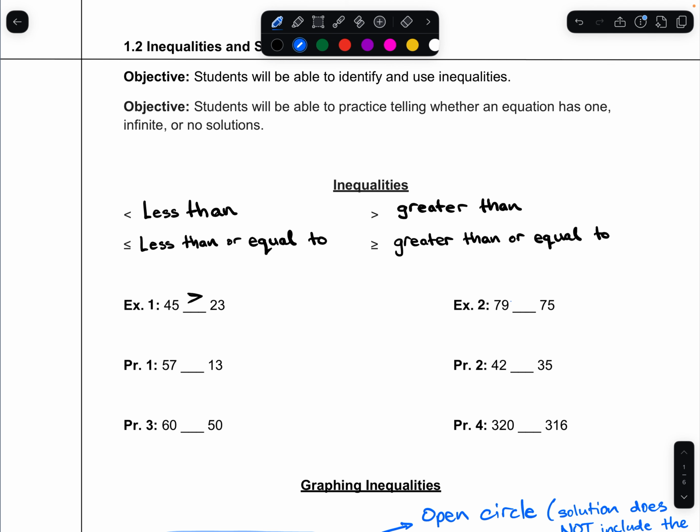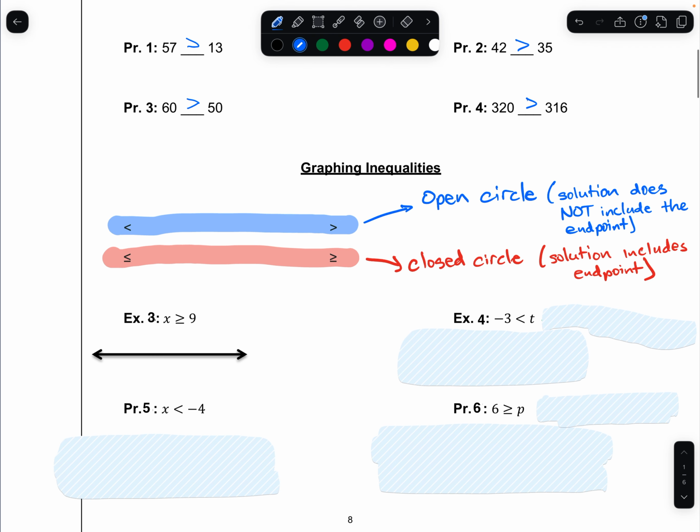All right. 79 is greater than 75. 57 is greater than 13. 42 is greater than 35. 60 is greater than 50. And 320 is greater than 316. Not sure why I set it up this way. Maybe I was just feeling like greater than. But anyways,